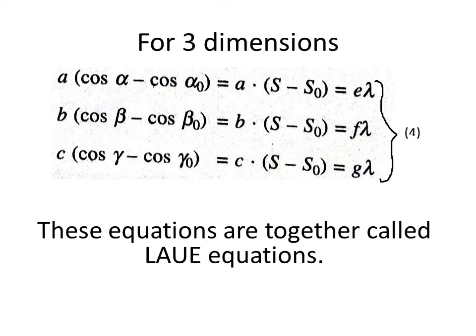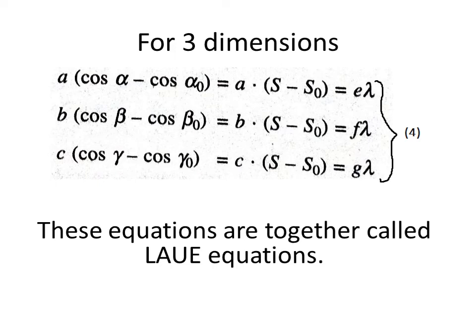It is not easy to satisfy all these equations simultaneously, because on the right hand side you can see the s minus s0, s minus s0, those waves are the same, which means a given incident wave direction S0 and a given diffracted wave direction S. If you actually do the XRD experiment, and if you set a particular angle of incidence, and if you